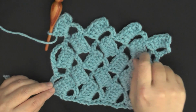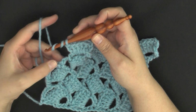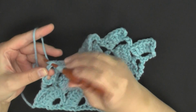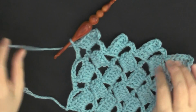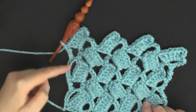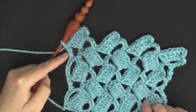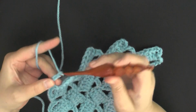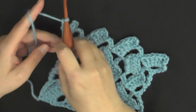So anyway, when you get to the end of the row after your last shell, you will want to triple crochet in the second chain from your chain 6 here. And then once you've got your triple crochet in your second chain, you're ready to do your chain 6. 1, 2, 3, 4, 5, and 6. Then turn,